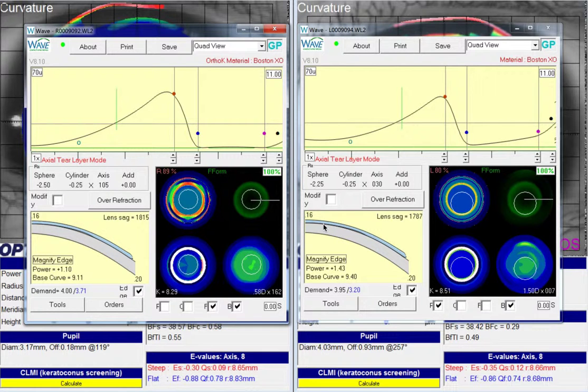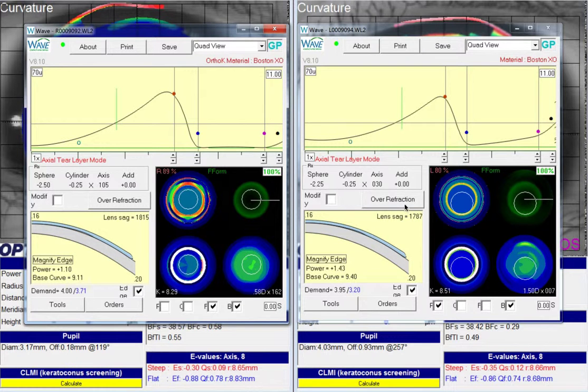From this point, what I'd recommend is going a little bit larger with the lenses. I think we can go to about 11.5 in both eyes. And I would go from an RSIM to either a GSIM or a freeform in the left eye also. We can make some adjustments to individual meridians so as not to overcorrect corneal cylinder, especially here in the left